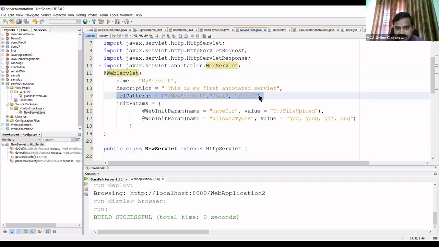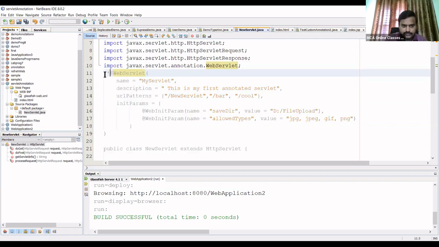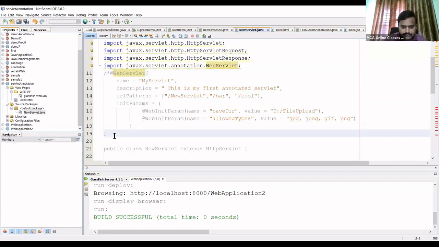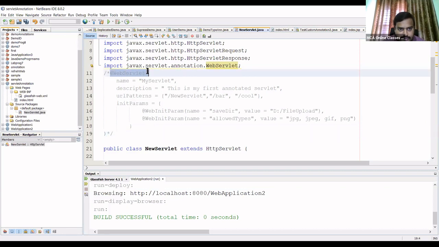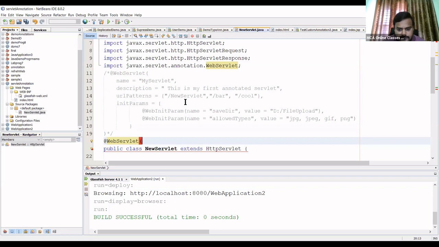If you write this one line of code, just like this, I'll show you. Now see here, I am just using this one line of code, applying it to this particular class.